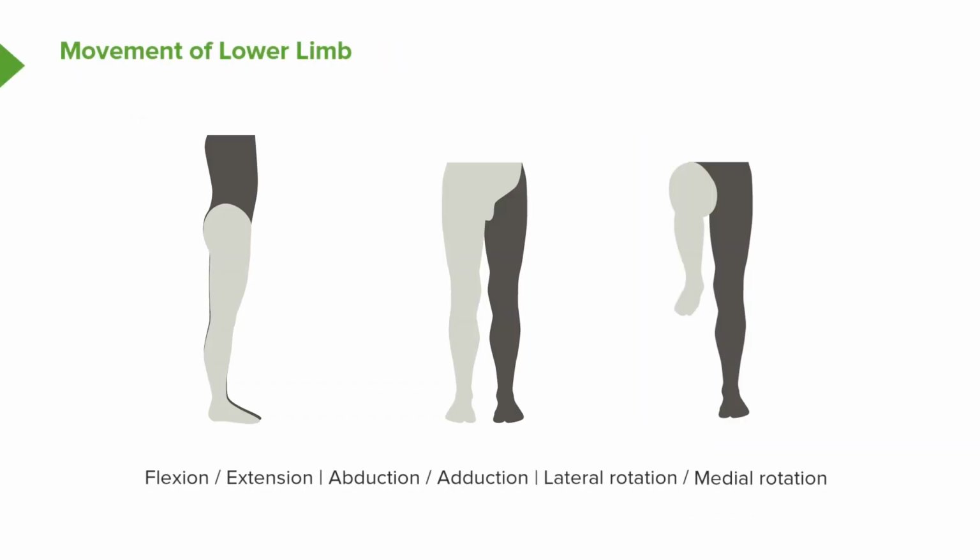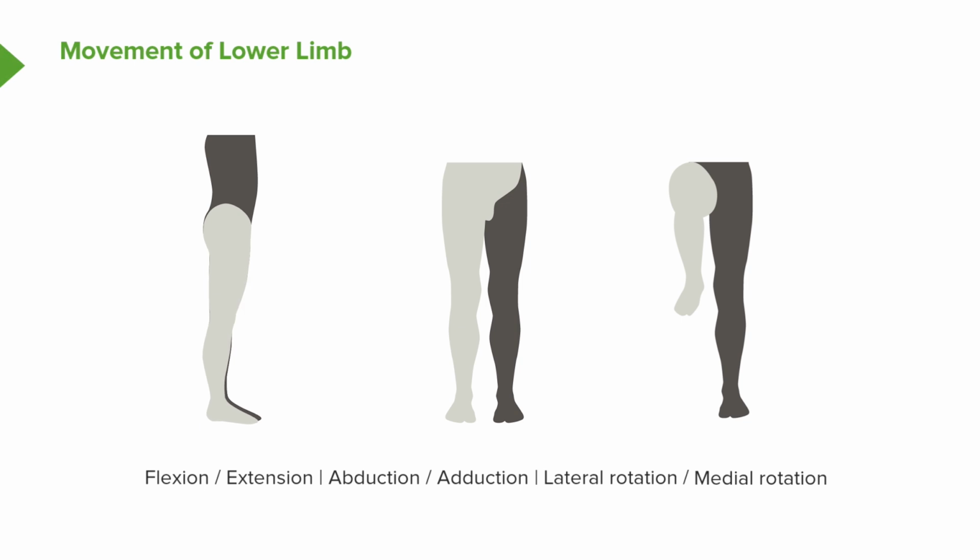So now let's look at some of the movements occurring at the lower limb. Here we can see movements occurring at the hip joint. We have flexion and we have extension. We can see the hip joint being flexed in this direction and then being extended as it's returned to the standing position, and then hyperextended,